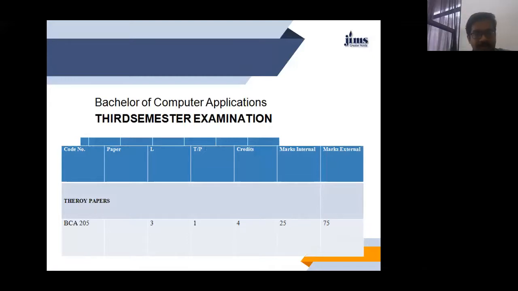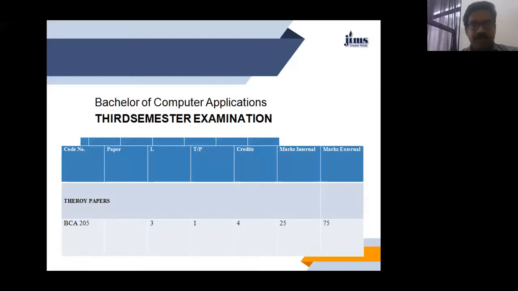Here you can see the scheme in the BCA 205 paper. L means lecture, so 3 lectures and 1 tutorial will be there. This is a 4 credit course, and this is the marks description. Internal marks are 25 and external marks are 75.